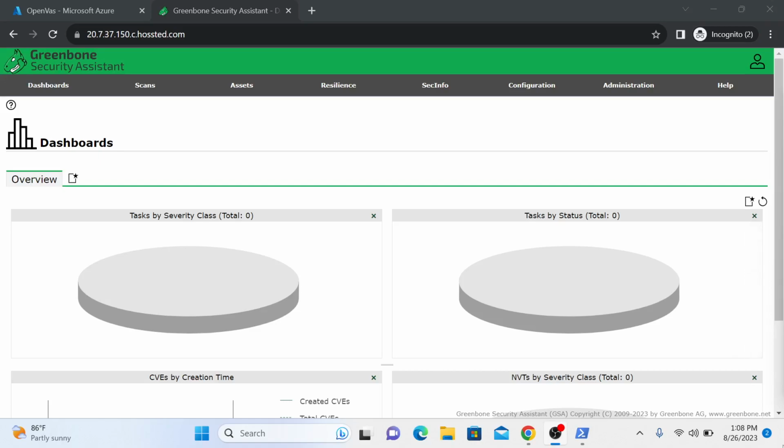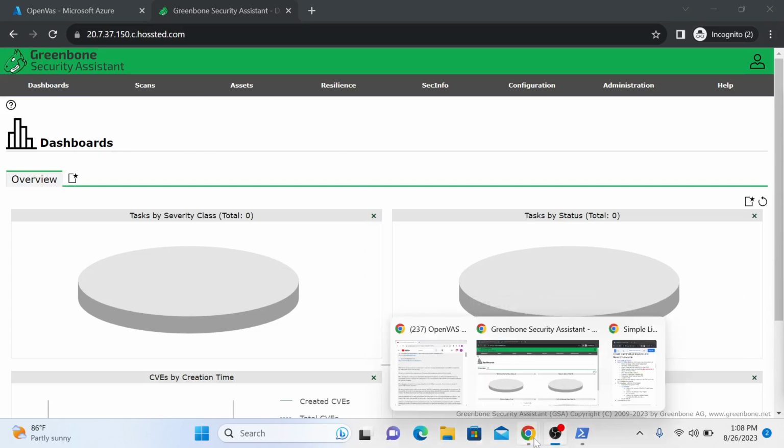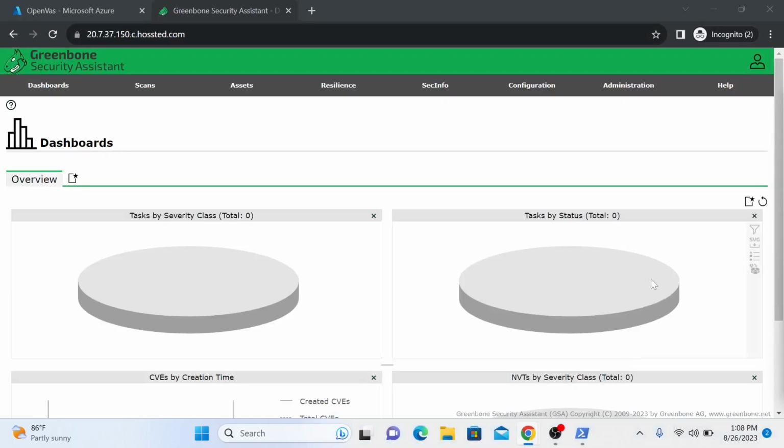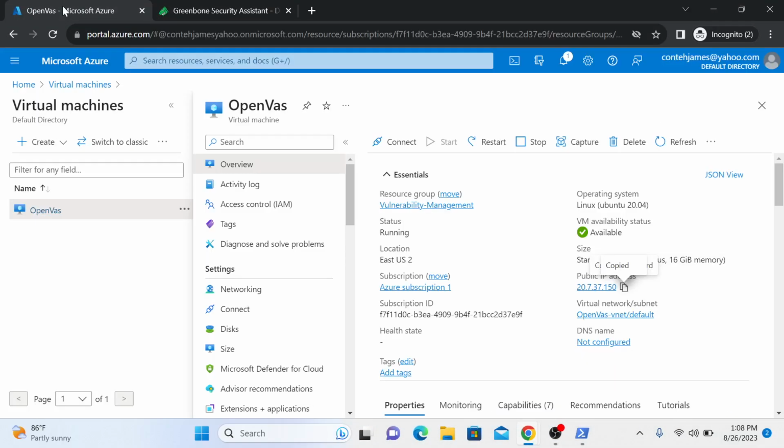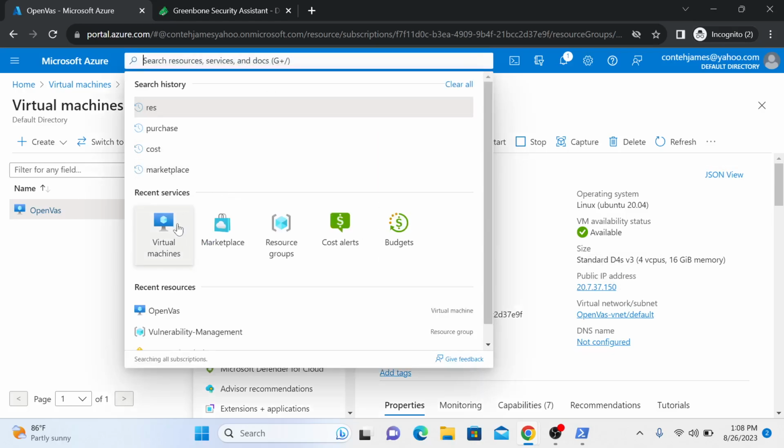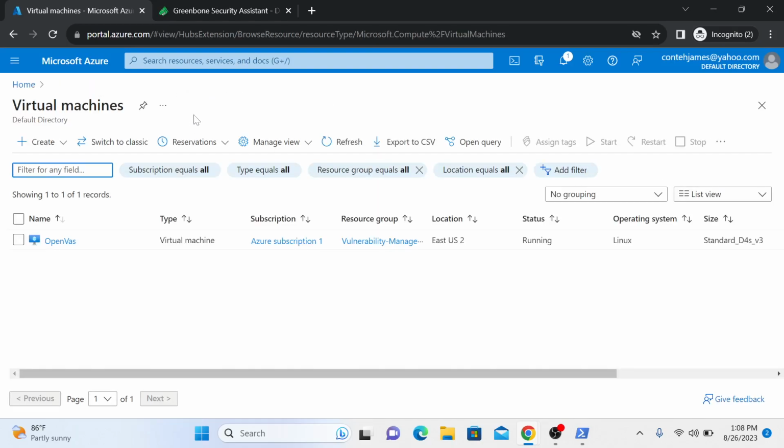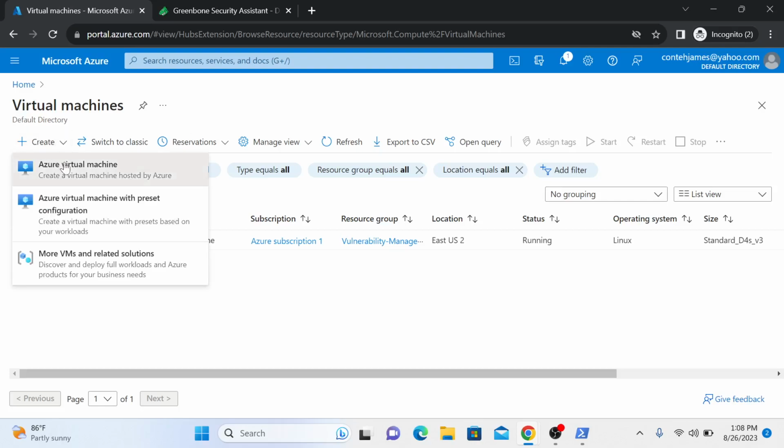Okay, so now that we have created the credentials for this, next I believe we need to create another virtual machine, the Windows 10 virtual machine, so that we could log into the remote desktop and download those softwares to make it more vulnerable. So for that, we're gonna come back up here. Gonna go to virtual machine, create virtual machine,